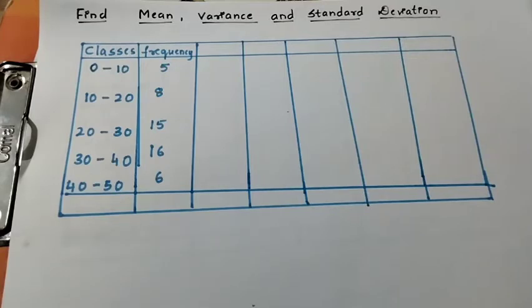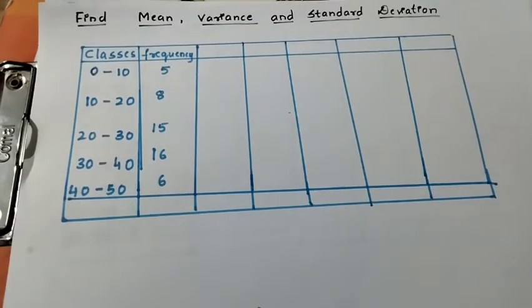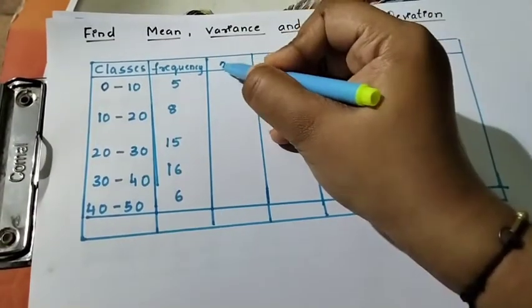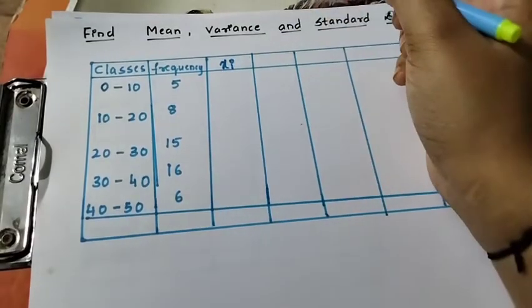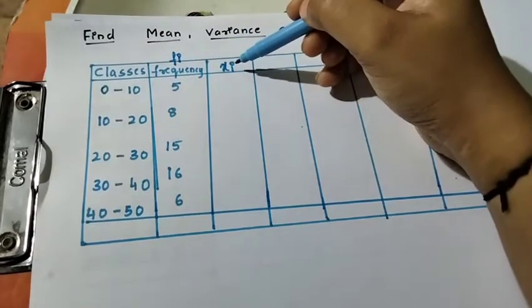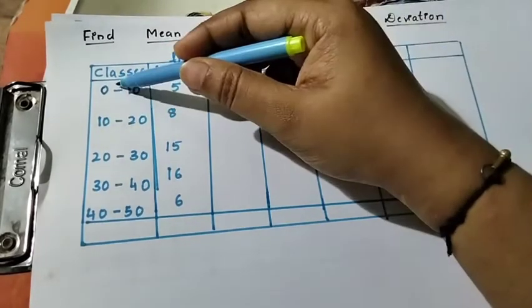Based on those two concepts we have already solved the examples. So this is one of the important concepts. Class interval is given, frequency is given. First I'll solve one example using this method, and one more example using the shortcut method. So you know that I require the first column, xi column. This is your frequency given, so this is fi. Here the next column will be the xi column. Xi is what? Midpoint of these two values.